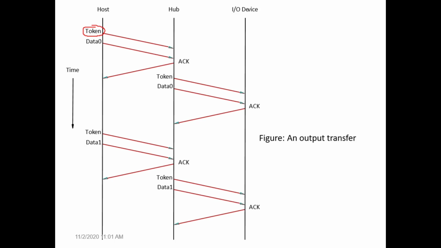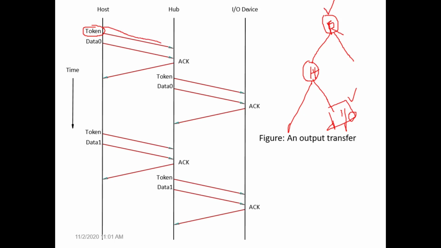Okay. Now we know the tree structure of USB. That means a root hub is connected to another hub here, and then again connected, maybe, to a particular IO device here. So this is the IO device, this is a hub here, right? This is the root hub. Let us assume this tree structure. Now this root hub wants to send some data to this particular IO device. So what happens is the root hub initially sends the token. You can see here the token, that red arrow mark.